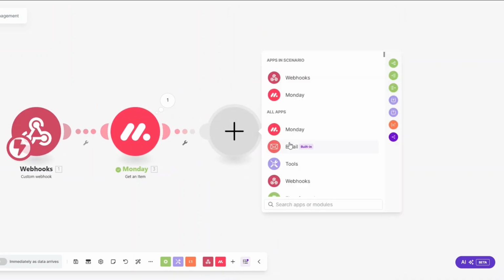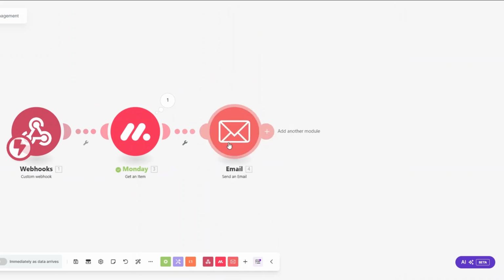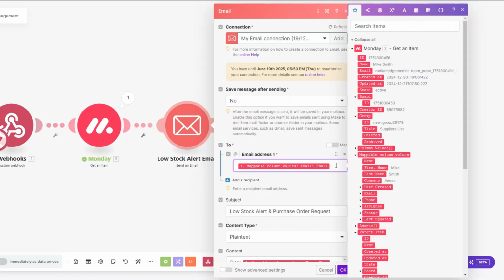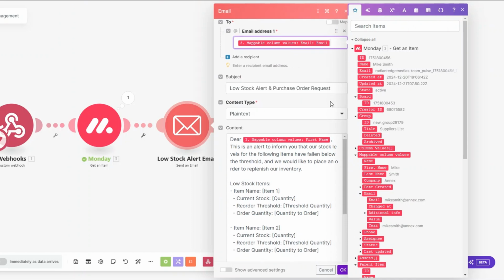So I'll add another module and search for email. And on email, I'm going to click on send an email module. And I'll rename this module to low stock alert email, and click on OK. Now, for the low stock alert email, we're going to add the email address of our supplier right here. The subject line of this email could be in the lines of low stock alert and purchase order request. The content type, we're going to choose plain text,